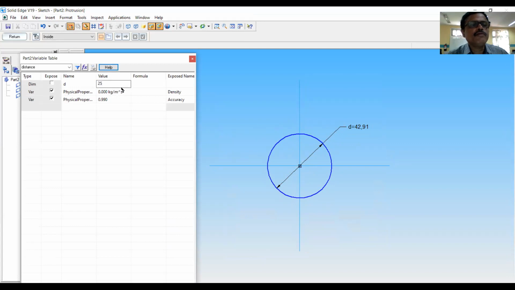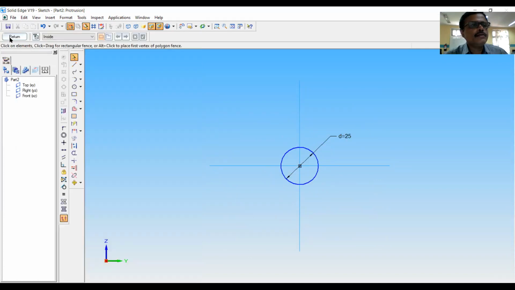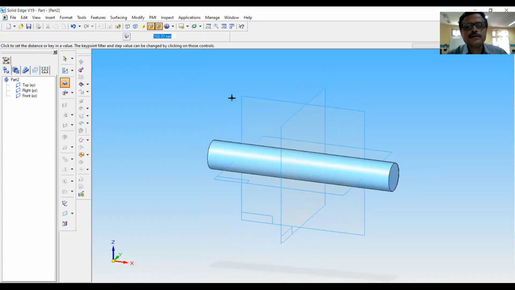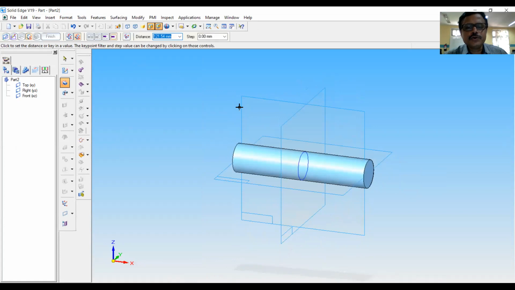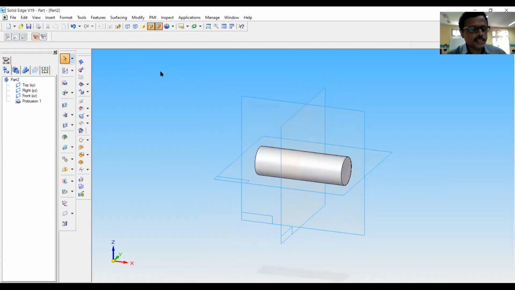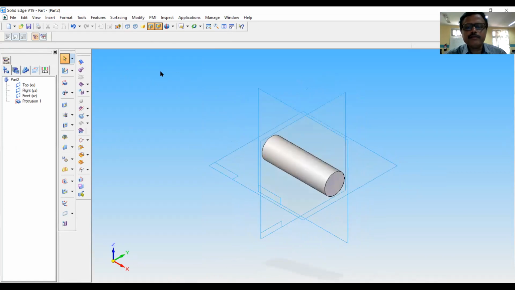Only when you are entering the equation, you have to go here in the formula tab. Return. The shaft length is not mentioned, so I will take it as 80 millimeters. Finish and cancel. Control I for the isometric view.